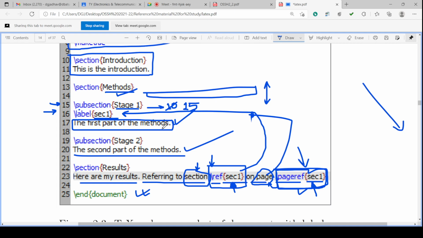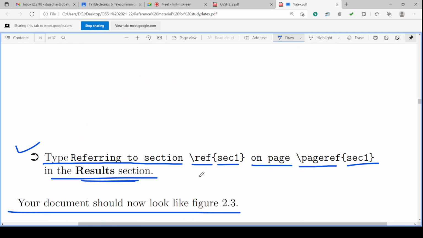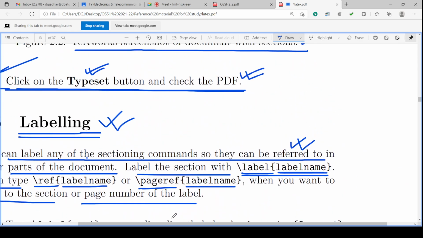If you click the section, it will go to stage 1. If you click the page reference, it will take you to the page where stage 1 is available. So in this way we can use labeling.